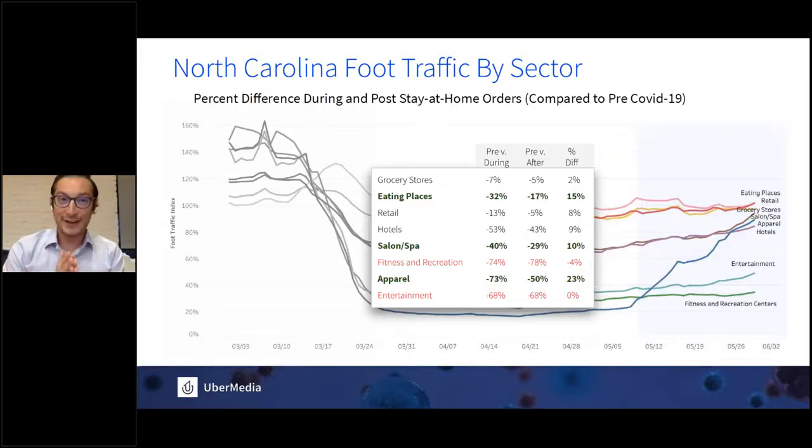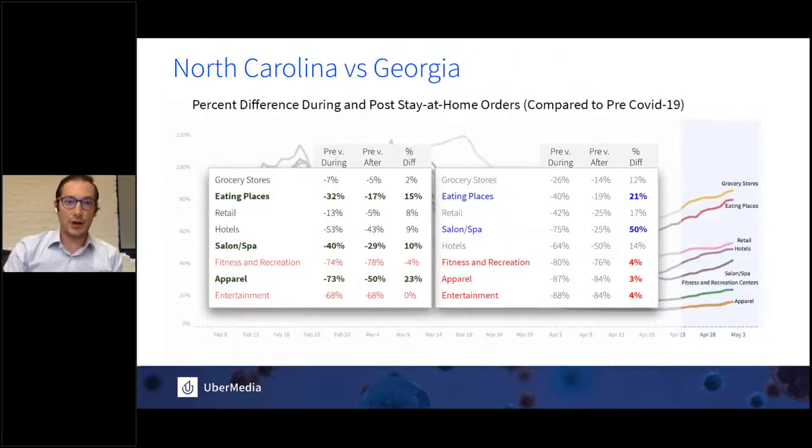We are also conservative in our opening approach. Compare it to a place like Georgia, which was less conservative. So here on your slide, on the left, you're seeing North Carolina. On the right, the data is showing us Georgia. The biggest takeaway, and I could spend an hour digging into this slide and the data that supports it, but the most interesting one we found was when businesses opened in Georgia,